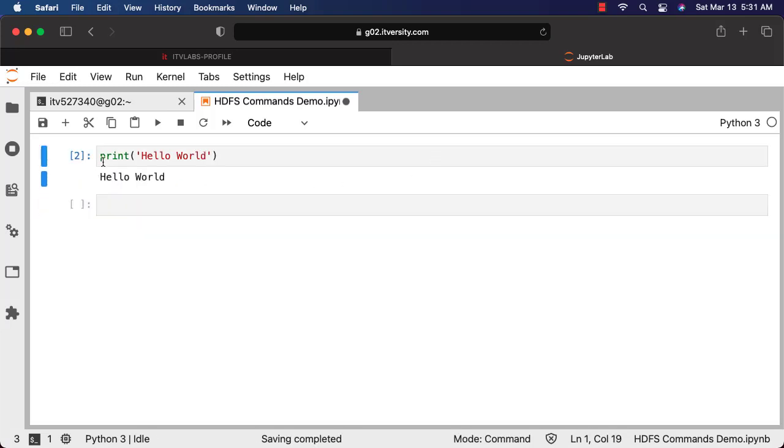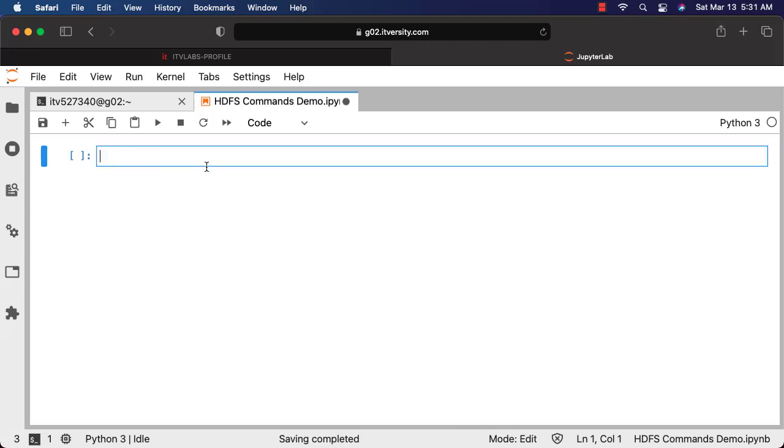Now, if you want to run non-Python based code or commands, you have to use something called magics. The appropriate magic should be installed and enabled. Then only you should be able to use those magics. One such magic is shell magic. By default, it is already set up on any notebook environment, and hence you should be able to use it without any issues. In some cases, it might be disabled, but by default it will be enabled.